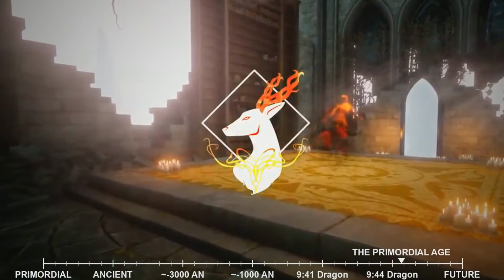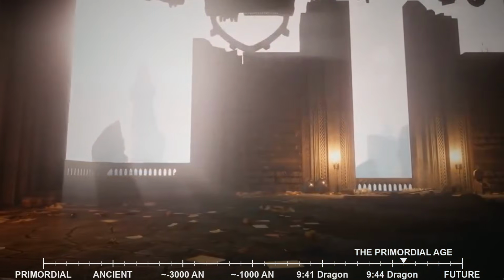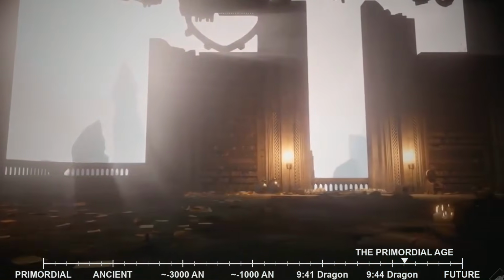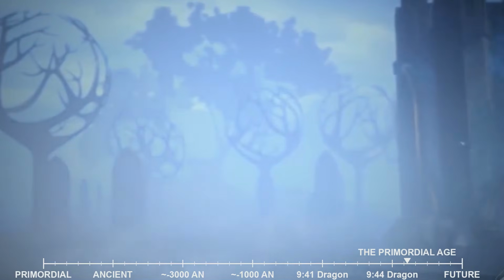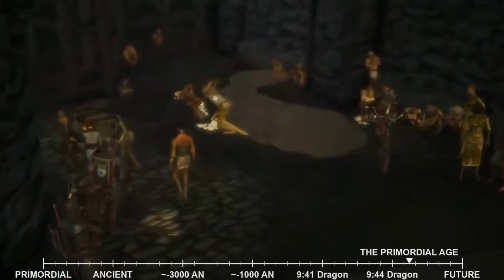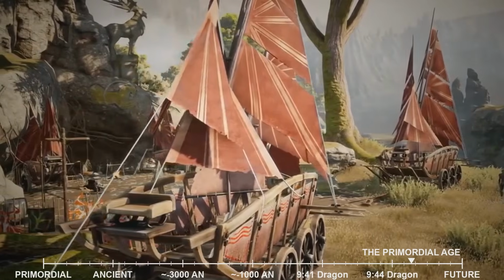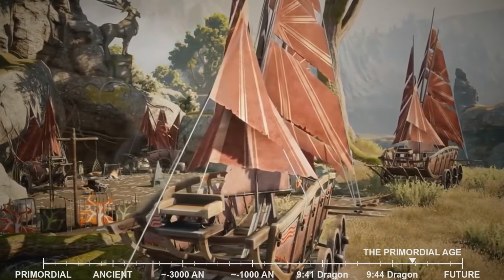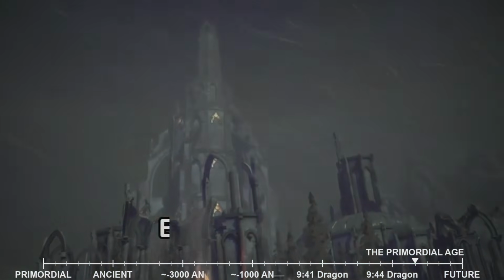Plants, too, are influenced by the Fade's presence. Certain flora develops properties that blur the line between the mundane and the magical. Trees might grow in impossible configurations, their roots reaching into the Fade as surely as into the soil. Flowers could bloom with petals that shift color based on the emotions of those nearby. Fungi might spring up overnight in places where the veil is particularly thin, feeding on the magical energy that leaks through.